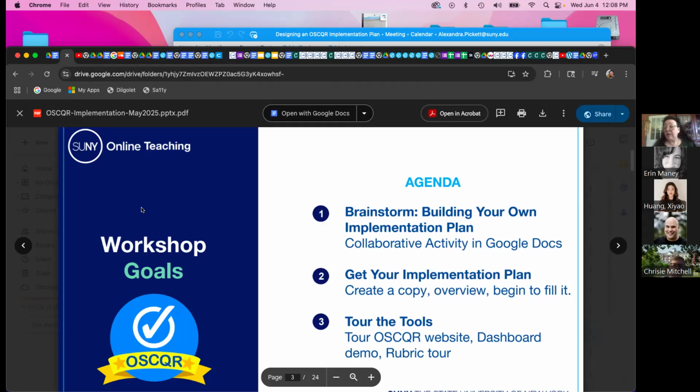So this workshop is intended to provide you with a framework and some tools and some templates that will help you to design an implementation plan for whatever purpose you would like to use it for, understanding that it's basically around using OSCQR in multiple ways to help improve the quality of the online instructional design of the online courses that you have. What this workshop is not intended to do is to